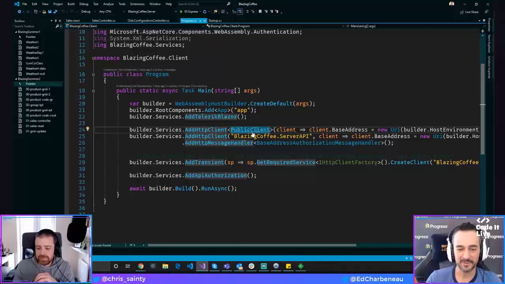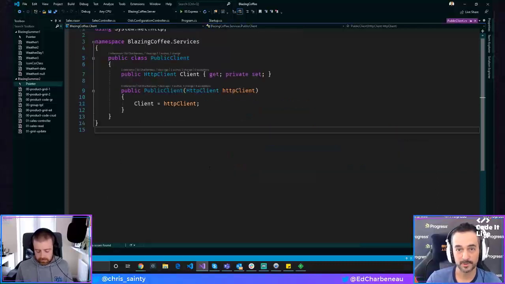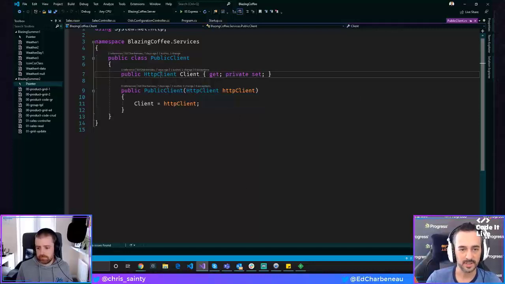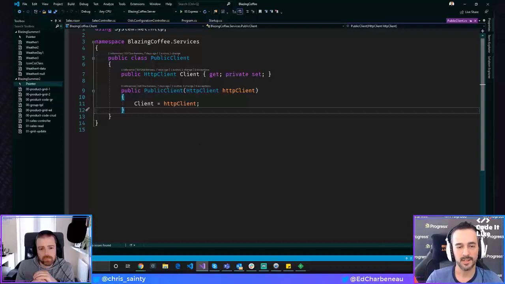So public client, if we're going to dig into this now. I can do add HTTP client. Public client is a type that I'm going to register. If I dig into that type, it's really just a simple wrapper. So I'm just creating a little abstraction around HTTP client. And I'm going to say that I have a property called HTTP client, and it's just exposing that default HTTP client there. So now I have two HTTP clients available, and I can go fetch this one if I need an unauthorized